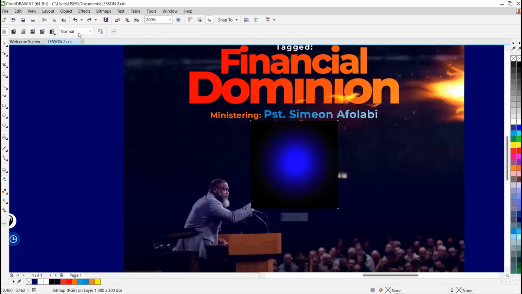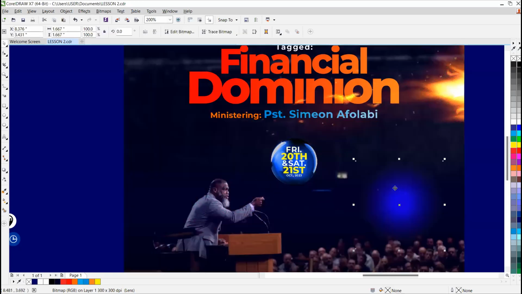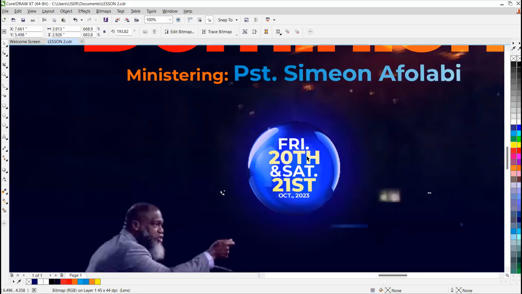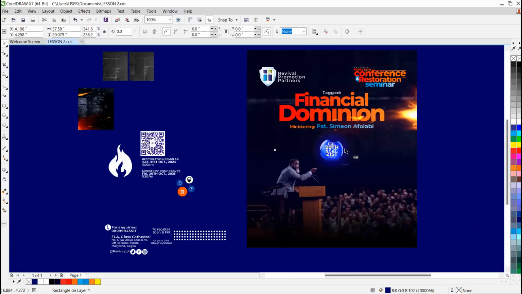So blend mode, add. What did you notice? Has it not turned to a radiant light? So let's reduce the opacity by, let's say, 30%. Take it away, then try and align to the circle. Guys, what did you notice? Is it not glowing now? Of course, it's glowing. So we have this now as our date